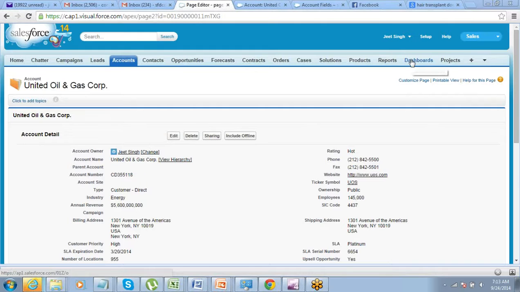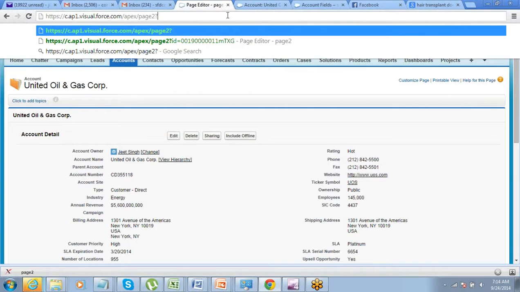So the next thing is a standard list controller. So standard list controller is not different from a standard controller. It's almost the same. Okay. The only difference between a standard and a standard list controller is, try and understand this very clearly. In standard controller, you need to supply the ID of a record and the page can display only one record. In standard list controller, you don't have to supply any of these things. Okay, and the page will display the entire list of records from that object.